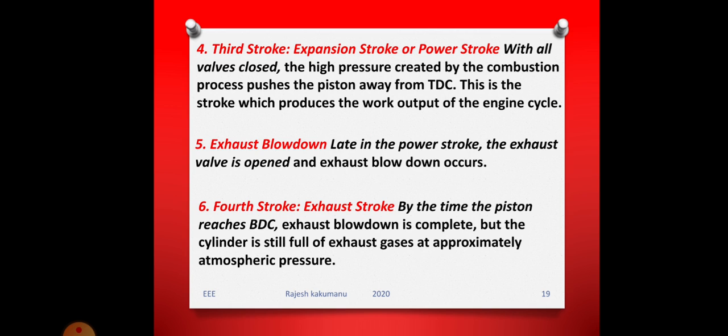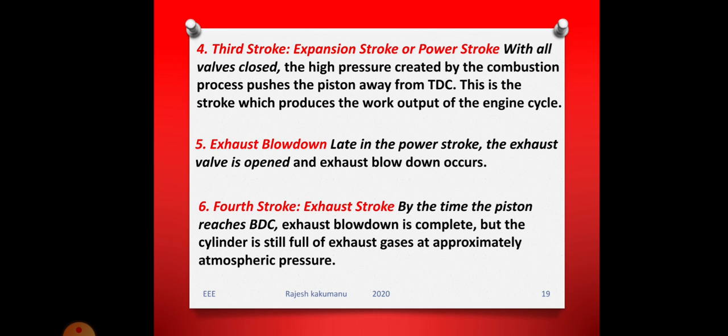So whenever the high pressure is happening in the combustion, it pushes the piston downwards away from TDC, అంటే కిందకి. This makes the work output of the engine cycle. What happens at that point? Exhaust blow down. Late in the power stroke, అంటే power stroke end అయ్యే టైంకి, the exhaust valve is opened and the exhaust blow down